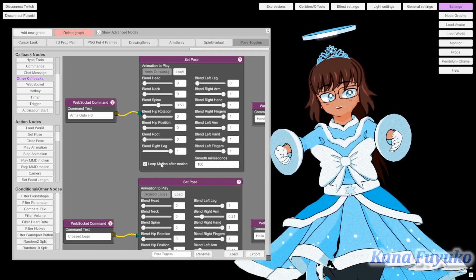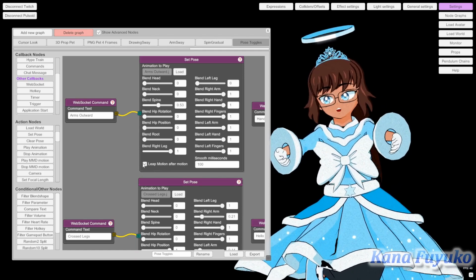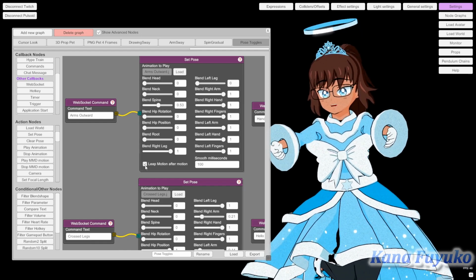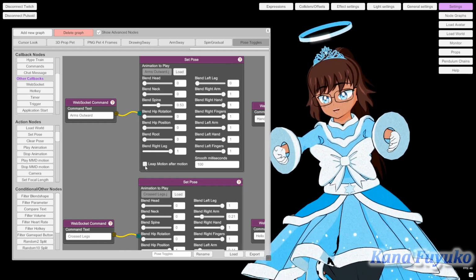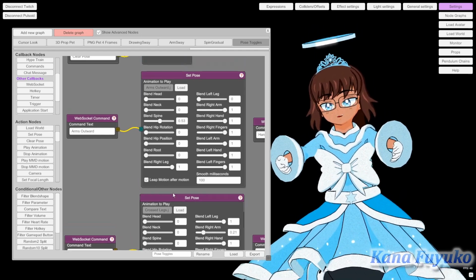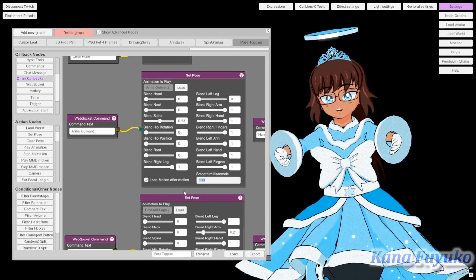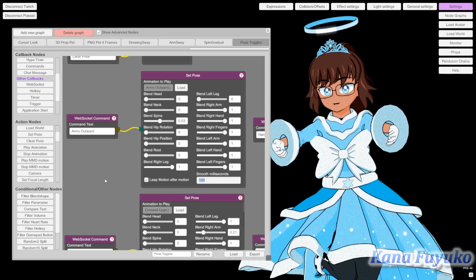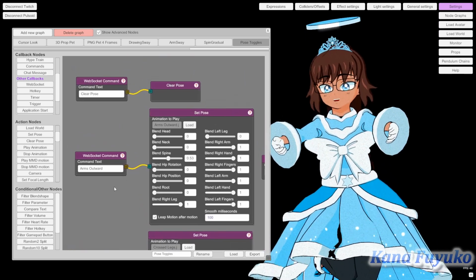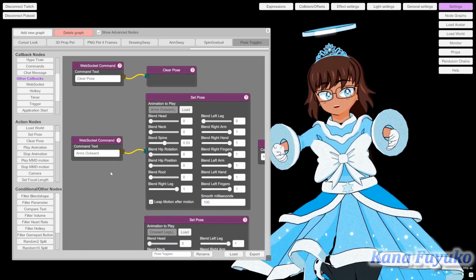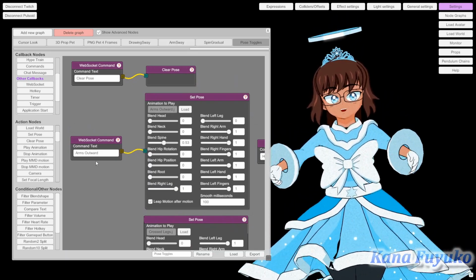If by any chance you don't want the Leap Motion to react with the pose, then just uncheck it, and that's pretty much it. Also, there is a smooth millisecond, so depending on the transition speed you want, you can adjust it. So yeah, it's done in milliseconds. So either way though, now that we pretty much